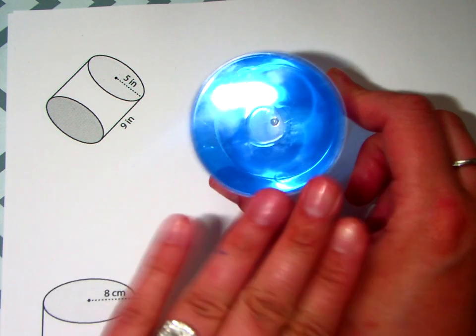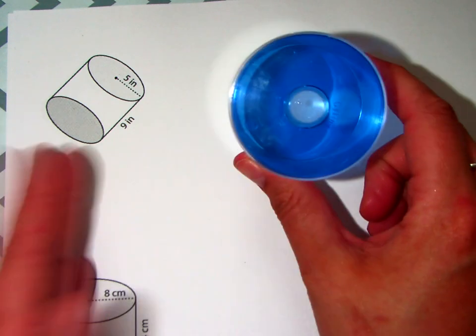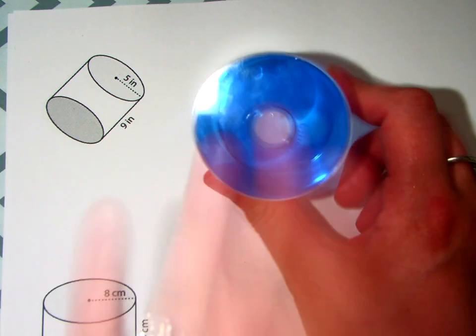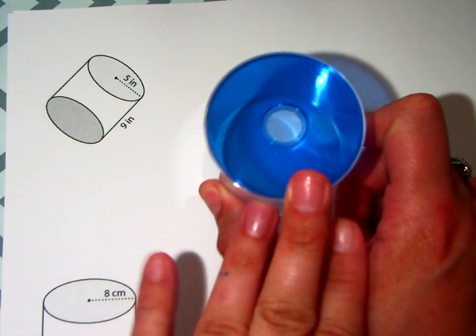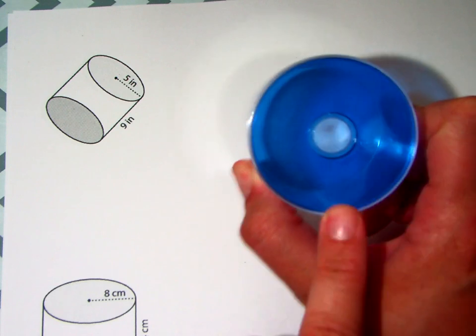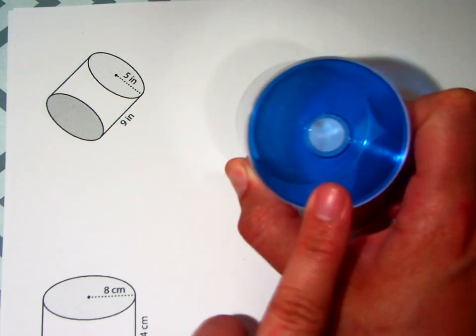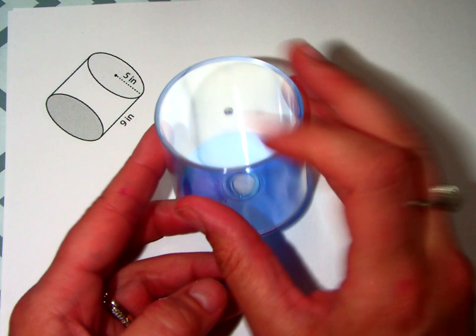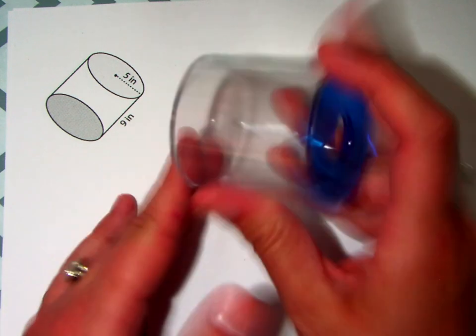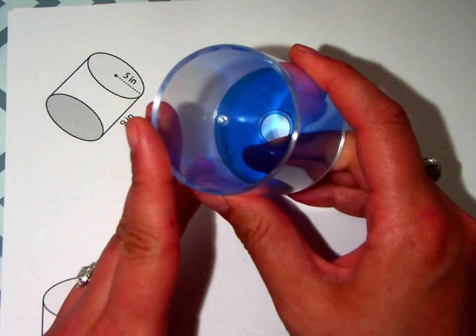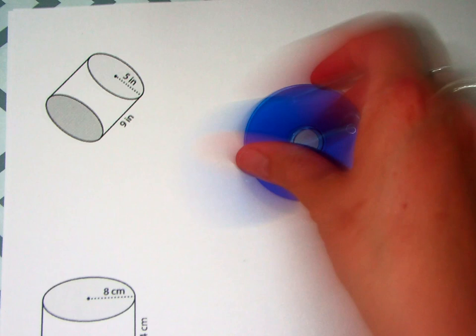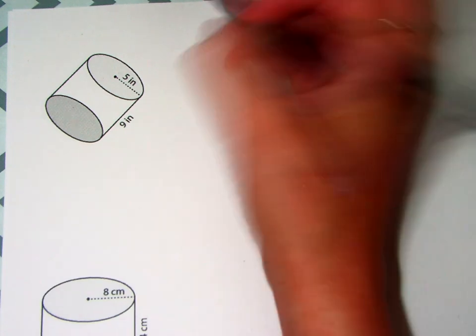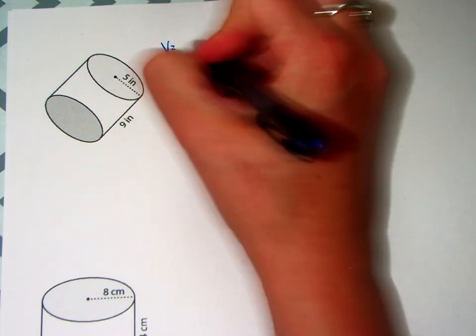So prism starts with a P, polygon starts with a P. Polygon bases for prisms. Cylinder starts with a C, and circle starts with a C, so circle bases for cylinders. So since this cylinder has two bases, a top and a bottom, that means we can use the same formula that we did for prism. So our formula for prism, remember, is volume equals